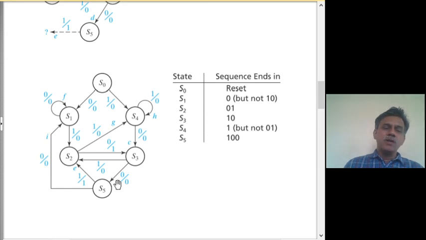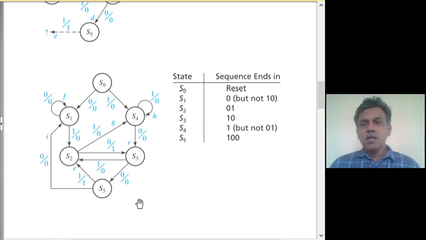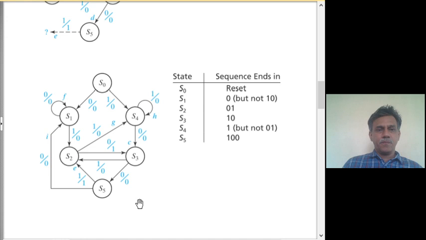If you are not able to decide at any point whether a state can be reused or a new state has to be generated, you can go ahead generating a new state and check whether the FSM is complete, in the sense that, as I mentioned, the sequences, isolated or overlapped in all possible manners, are being taken care of, and all states, both zeros and ones, are being taken care of. But if we have generated extra states, there is no harm, the machine will still work, but it is not a reduced one. Then we have to go in for a row reduction technique.